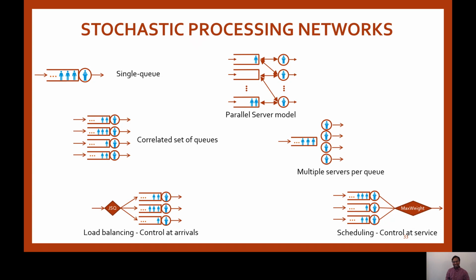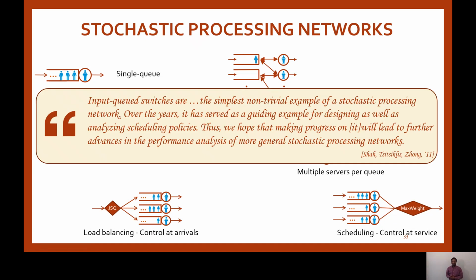queuing models that arise. There are even more general models where the service rate actually depends on some exogenous random variable that arises in wireless networks. Because of fading, the capacity of each wireless link varies with time in a random manner. Instead of looking at all of this, I simply focused on one particular model, a switch. And I motivated that by quoting from Devavrat Shah and John Tsitsiklis saying that it's the simplest non-trivial